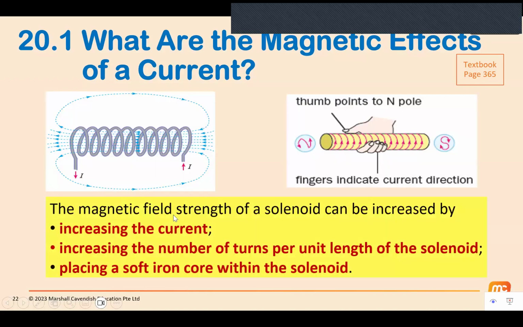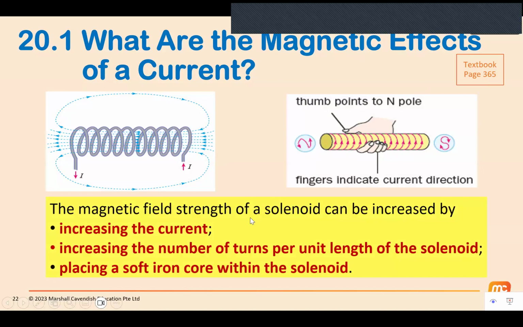Okay, so this one is covered in the previous chapter. You just curl your fingers in the direction of the solenoid. You need to trace the direction of the current flow in front. I don't care about the one at the back, I just care about the front one. So in this case, the current is all going upwards. I curl my fingers such that I can see my fingernails and my fingernails are pointing upwards. I have my thumb, which points to the North Pole.